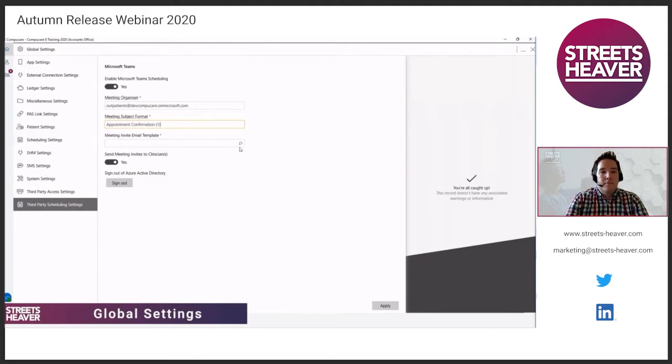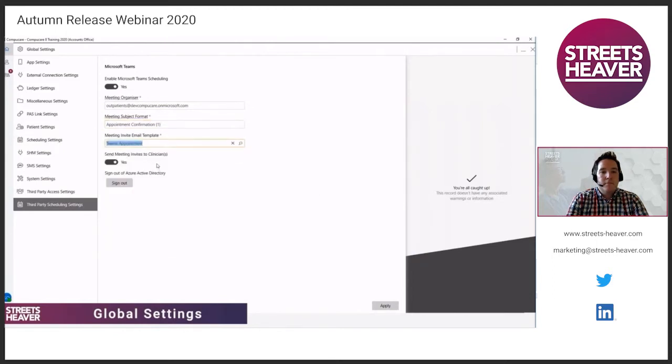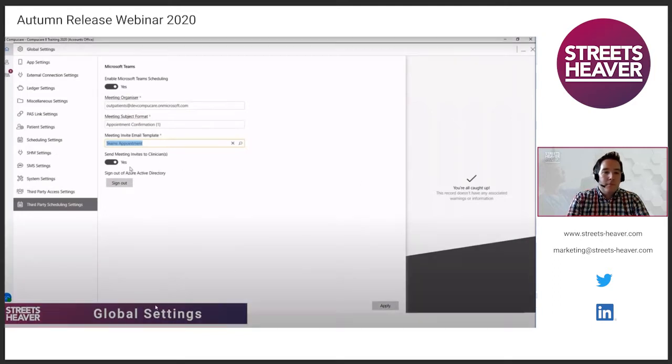And we have the invite email template as well. This currently works off of the outpatient SMS templates. And there's a toggle here to send meeting invites to clinicians. This will copy in the clinicians with their email addresses. If this is set to no, they still have the option to join into the consultation via the outpatient booking screen. So just stopping the video there for 1 second, just while we were looking at these settings,